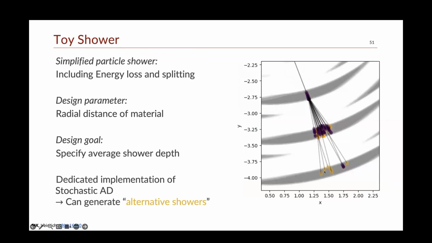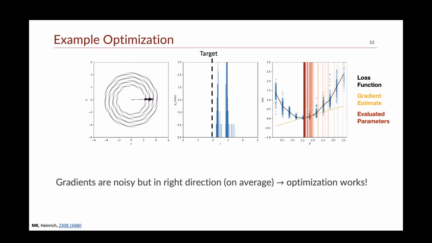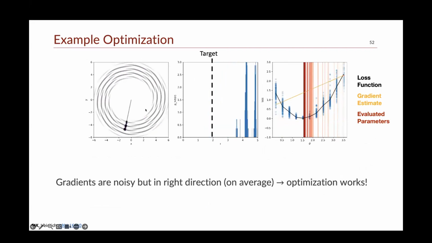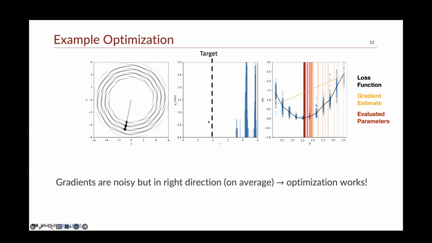And we implemented this idea of alternative showers, so we can branch off and run different showers or different branching processes at each point of the program. So here's a video showing that we can do this. On the left is the program. We run one shower or one branching program at a time. And the detector changes shape to make sure that these showers stop at an average radius